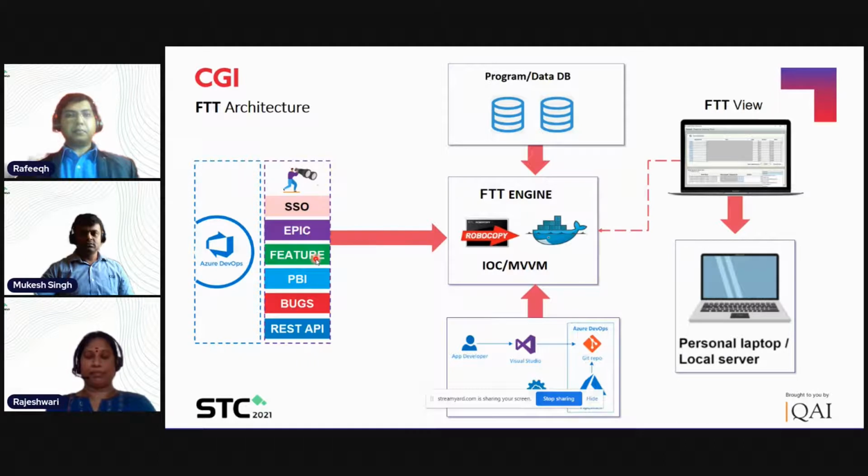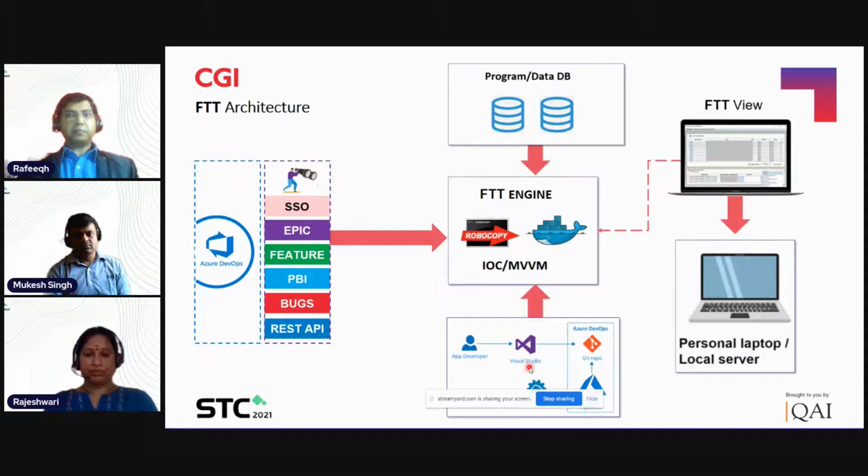So automatically that application will come up in whichever desired configuration we want. So the deployment is made easy for the QA tester, for the QA to work upon. It can be any program database, a data database, or an application server. It will connect and render the application data, and it will help us mimic the environment which we want to test. So it will pull the builds into our personal laptop, and then we can start our testing immediately as and when the developer is coding the particular piece of functionality. So this is how it works.